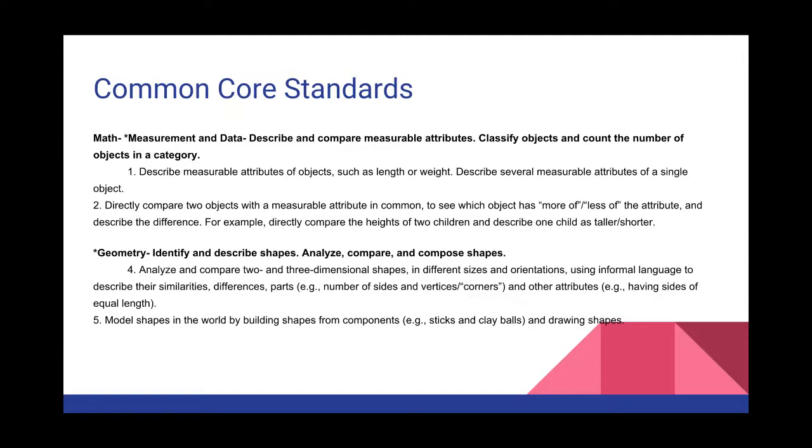This unit plan hits on many of the Common Core standards needed in kindergarten. We hit math and geography in that we are measuring the circumference of pumpkins and apples. We're sorting. We're distinguishing differences and similarities, sizes. We're analyzing and comparing shapes, colors, multiple things, and we're representing these in different ways through drawings and replicas. It also covers